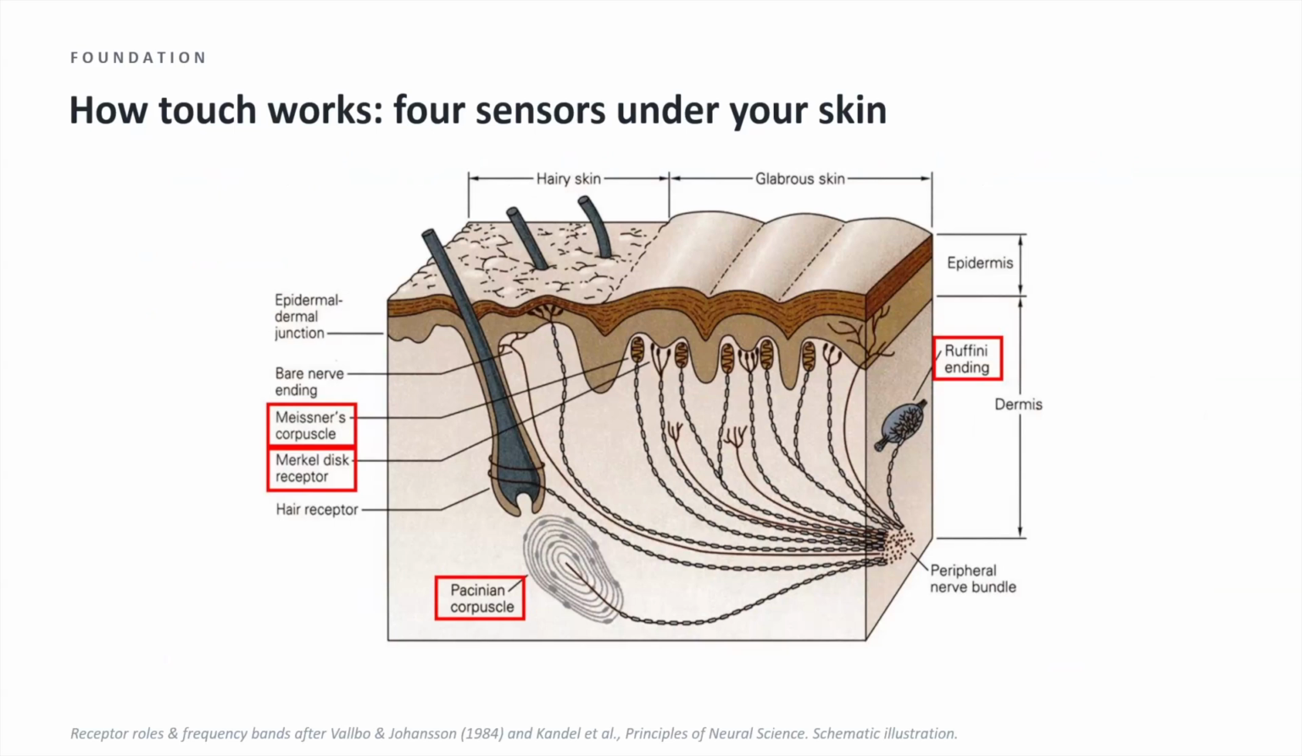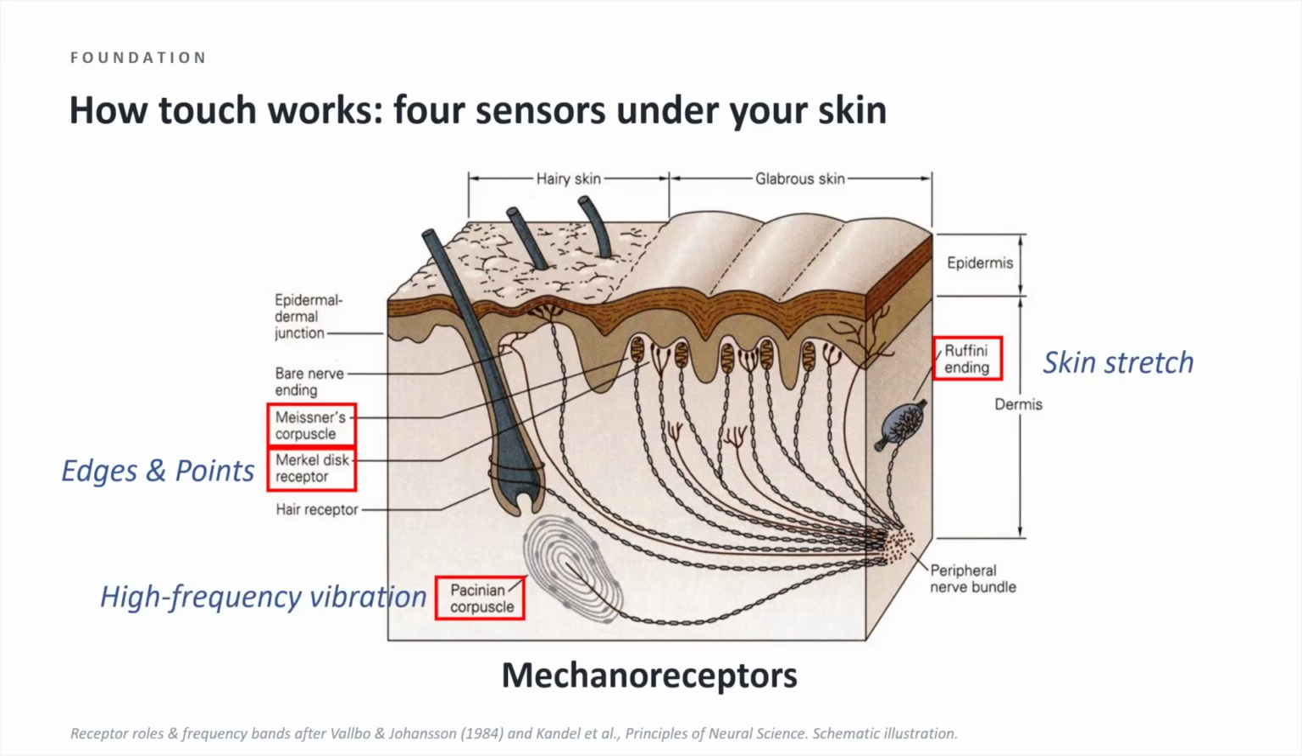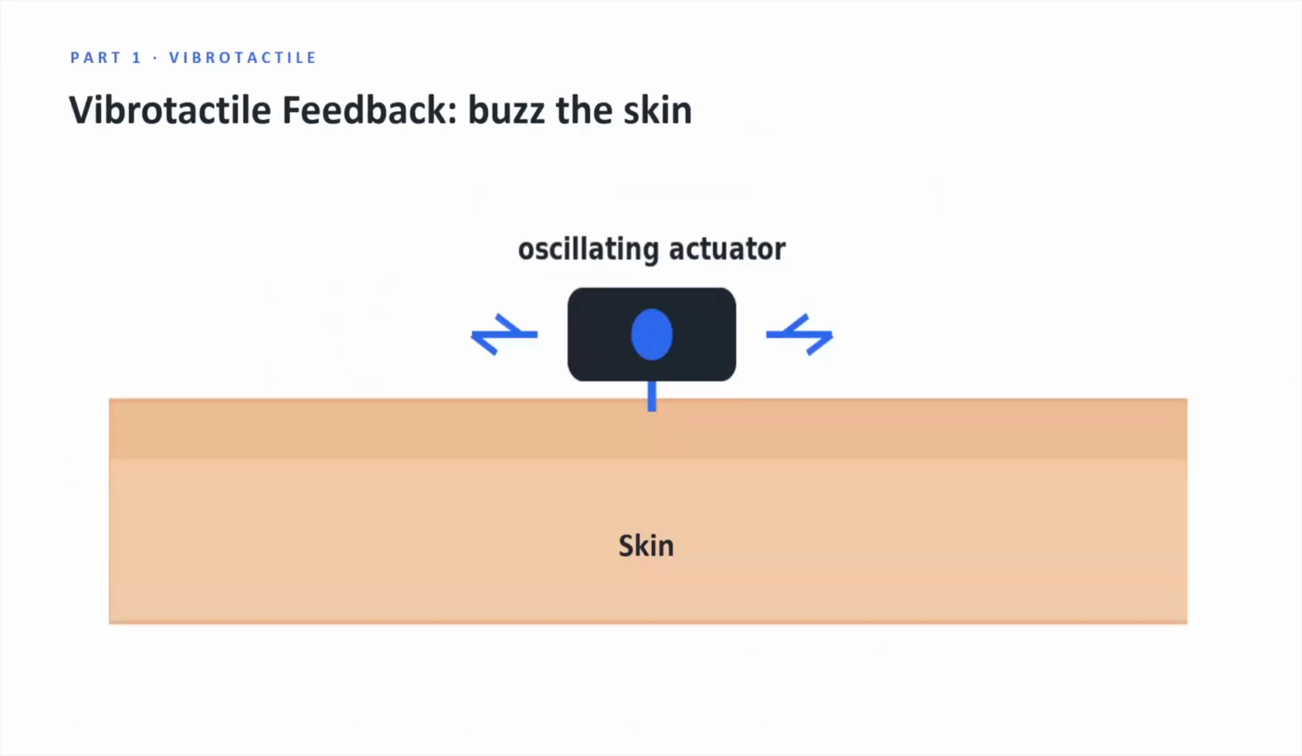I think Anusha went through a little bit of the basics around mechanoreceptors. For example, there is a type called Merkel cells that are responsible for detecting very fine edges and points, and some receptors very sensitive to very high frequency vibrations, and some of them are responsible for skin stretch. And so what Vibro-tactile does here is it uses these mechanical actuators that address the vibration part of